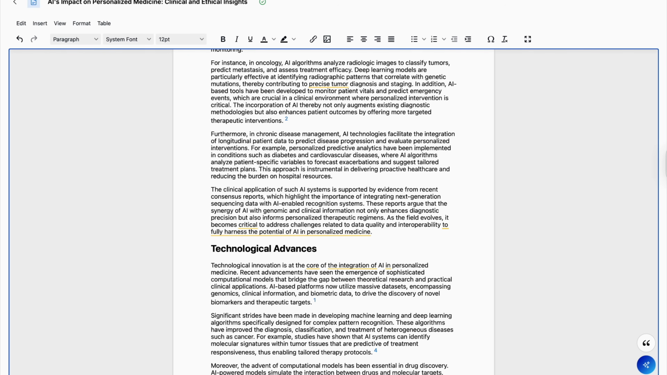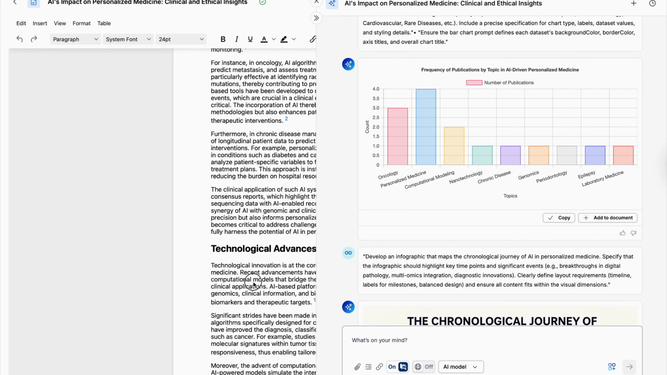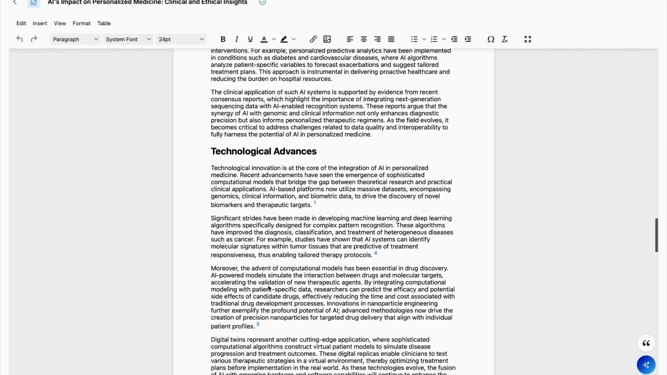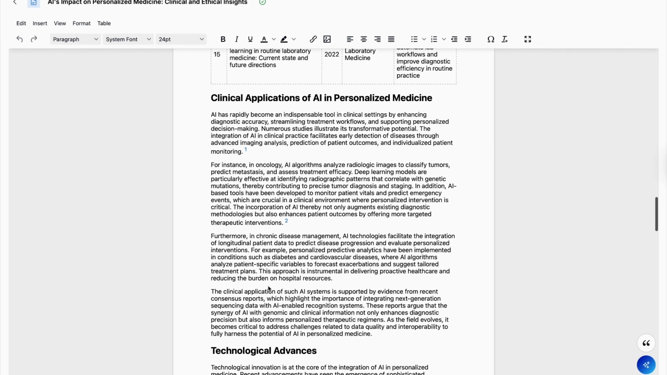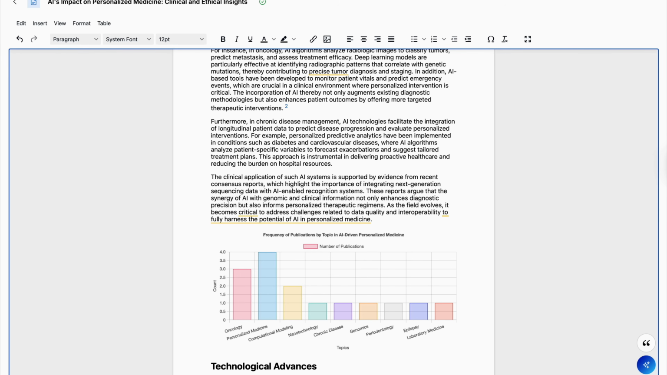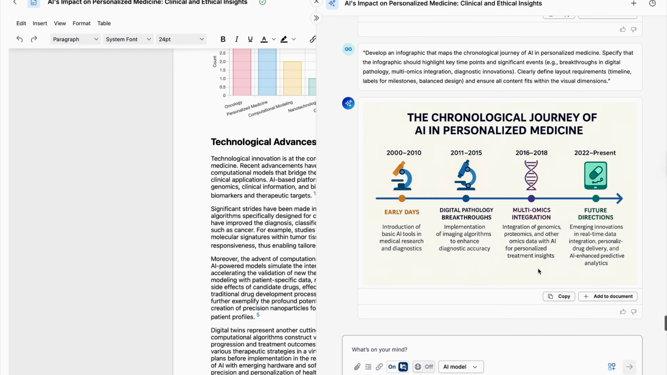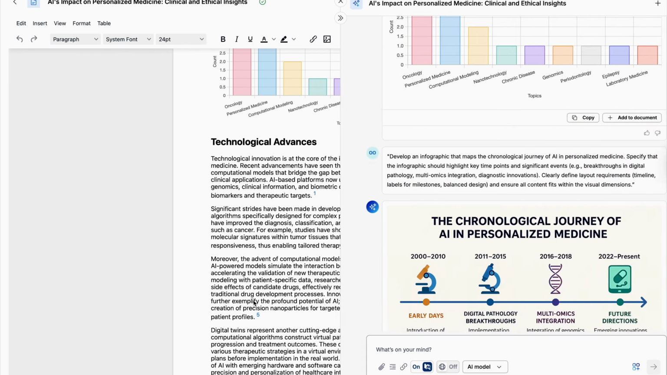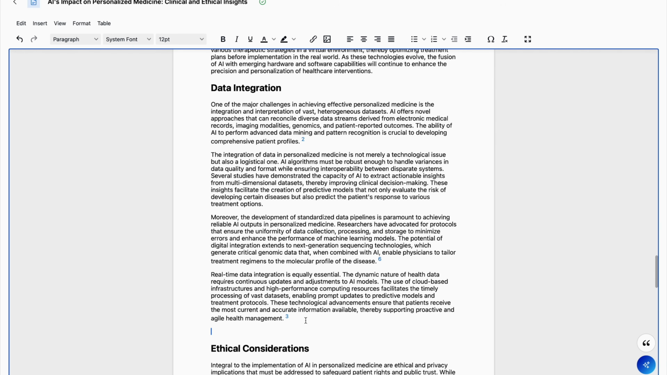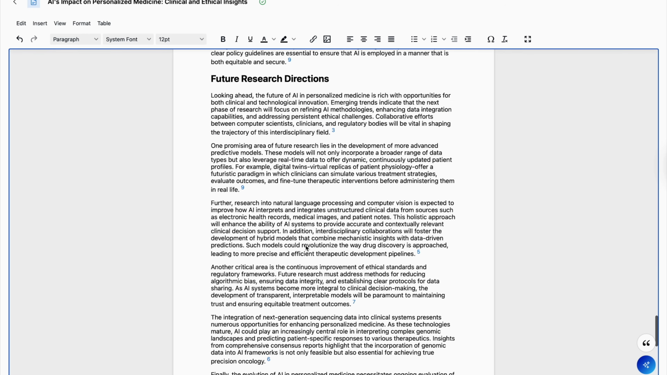And then we have our nice bar chart that we can also add to any section that we want. Well, maybe we'll put it here. This might be a nice addition to this section. And then finally, we have our beautiful infographic, which maybe we can just put it here. There we go. So now we have our draft paper